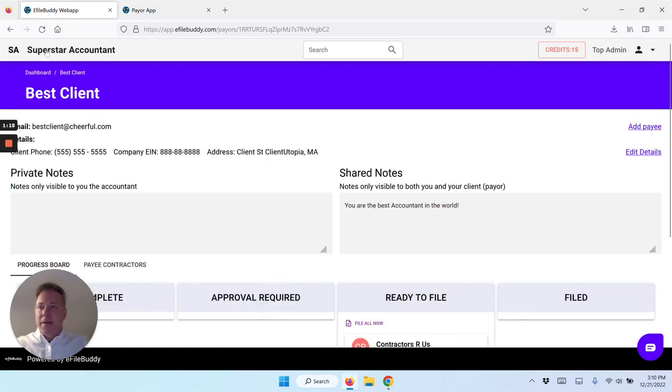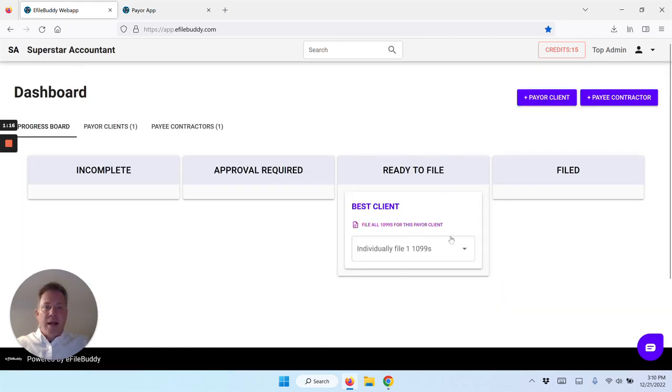We can also see it in their dashboard under ready to file. Now, if there were multiple 1099s, he could file each individually if for some reason he wanted to wait on something, or he can click File All for this payer client. And that will go through the filing process, but right now the IRS has turned off electronic filing until January